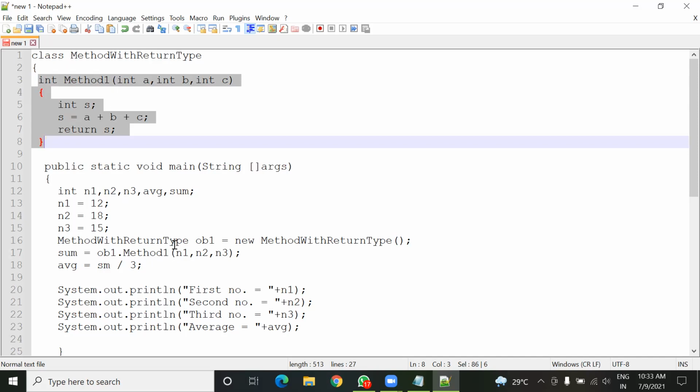The n1 value will be copied inside variable A, the n2 value will be copied inside B, and the n3 value will be copied inside C. Now in this method, there is one more variable, S, and the sum of A, B, and C is stored inside the S variable.